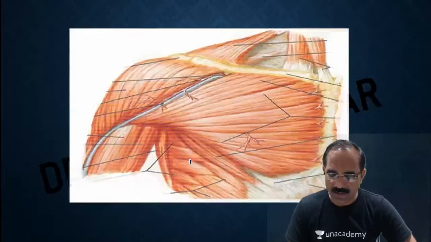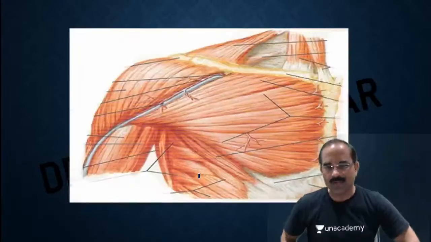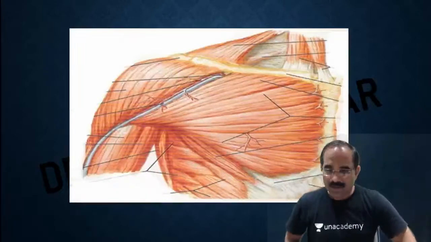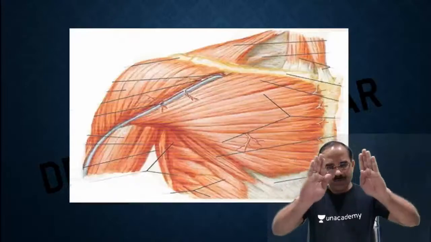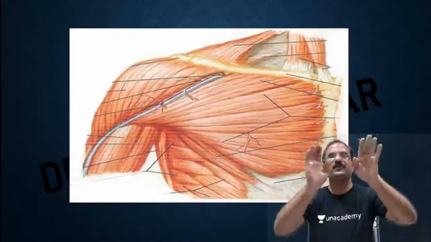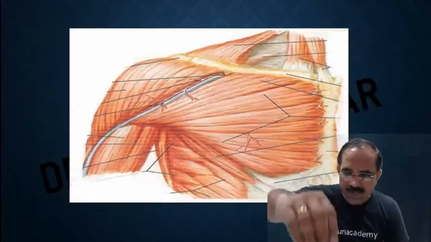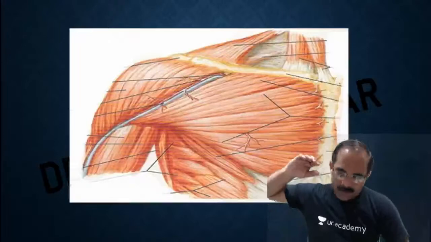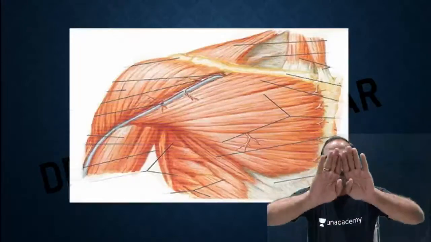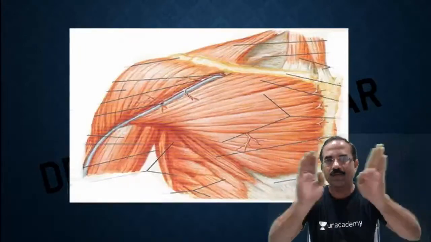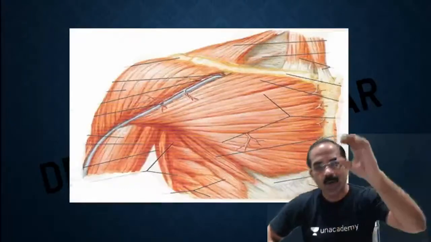What is this muscle? Serratus anterior. And what is the action of serratus anterior? Can anyone tell me what is the action of serratus anterior? When this serratus anterior contracts, the scapula goes outwards along the chest wall. Like suppose if you're lifting something from a distance, or if you're pushing someone, if you're punching someone, the scapula goes outwards along the chest wall, and this action is what we call as